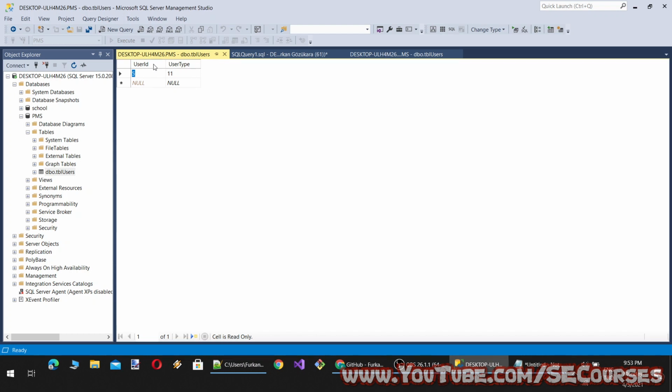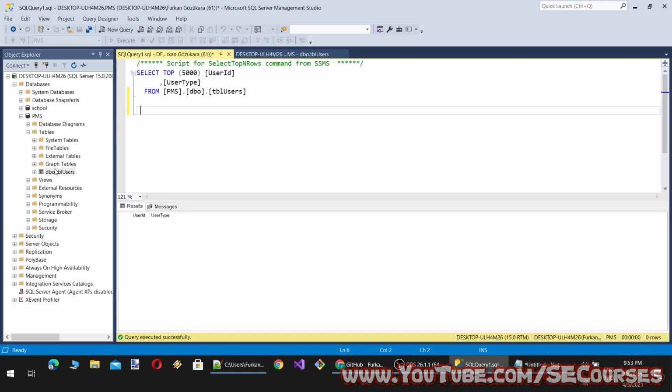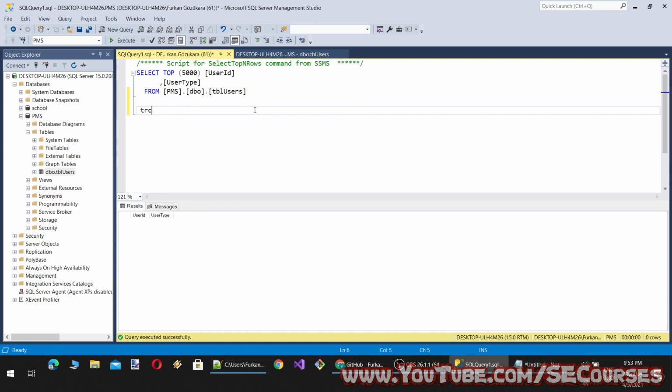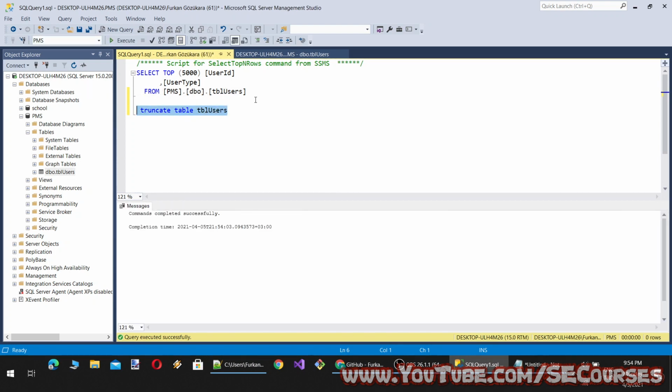So if you want to reset the seed as well, what can you do? So let's delete all the records. You can also use the truncate command. Truncate command is much faster than the delete command, because it is lockless and it cannot be taken back. Truncate table TBL users like this. It will immediately delete it.